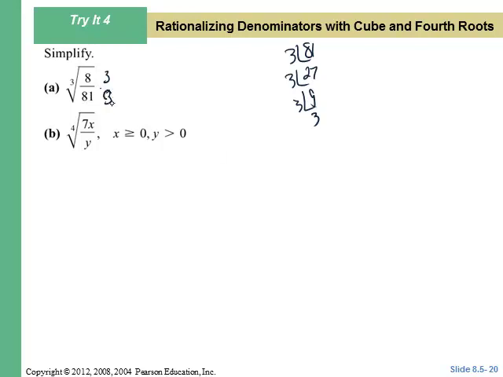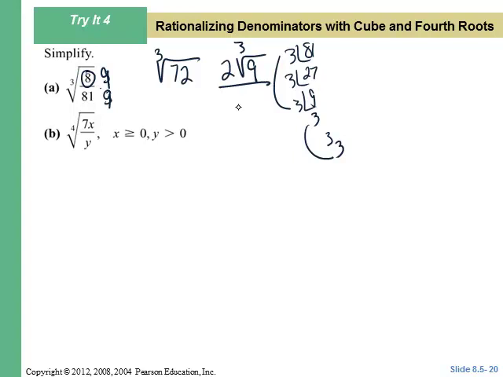No, we need to multiply by 2 more 3s. Then we'll have 2 groups of 3, so it's 9. So it's the cube root of 72, which I suppose you could take the cube root of 8, which is 2 cube root 9 over 3